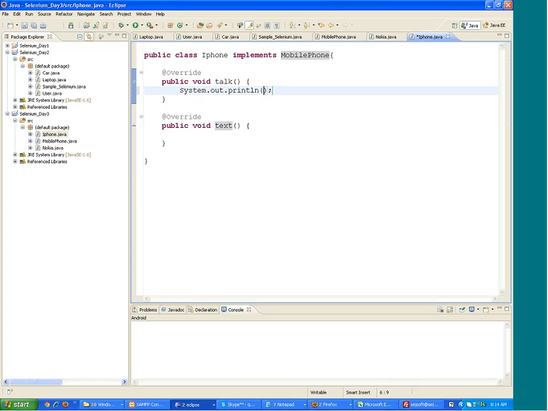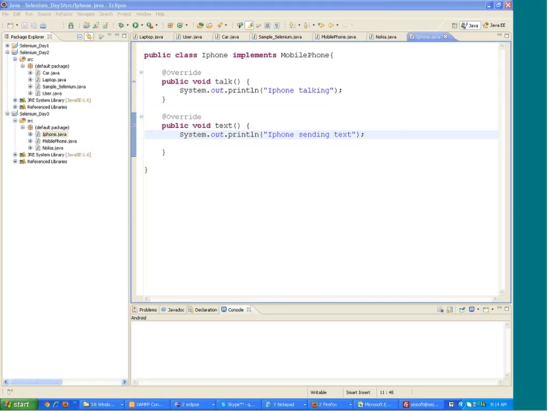Okay, you can write over here system.out.println iPhone talking and iPhone sending text. Okay, so you have a scenario wherein you have an interface and you have two classes, right? Mobile phone and iPhone implementing. Sorry, not the mobile phone, Nokia